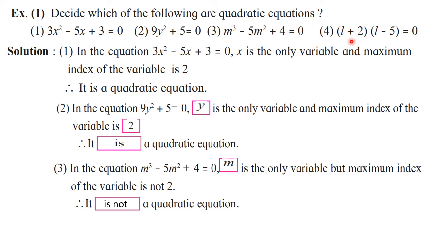Now the fourth one, you can see that two different brackets are given. So in order to check whether it's a quadratic equation or not, we need to solve this. Simply by observing here, L is there, here L is there and index is 1, we cannot decide whether it is a quadratic equation or not. You need to expand the brackets and then write it properly in the form of an equation. We know that in our standard form there are no brackets. So here we need to expand these to check whether it's a quadratic equation or not. So let us see the fourth one now.